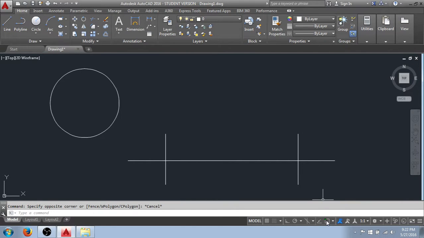I'll come down here and left click on the object snap icon, and you can see that it turns a shade of blue, indicating that it's on. I'll click it again, and you can see that it returns to its gray color, indicating that the tool is turned off. I'm going to click on it and turn it on. I'll start my line command,